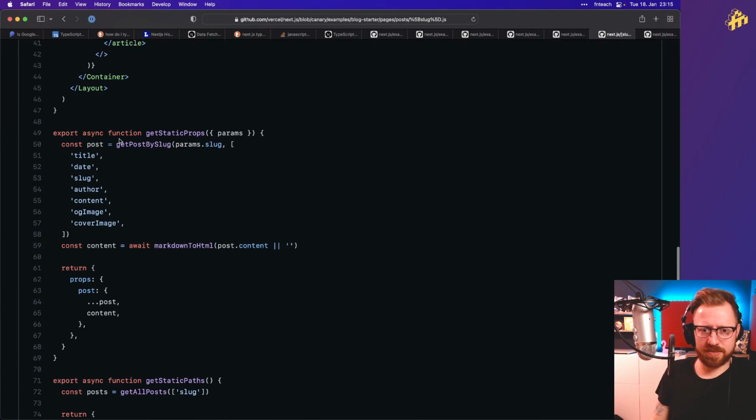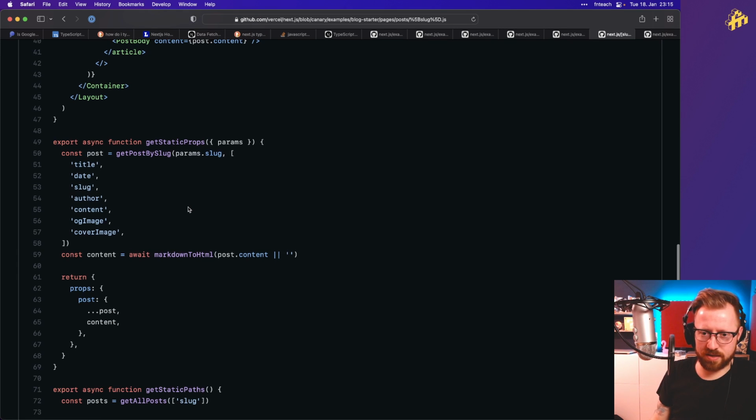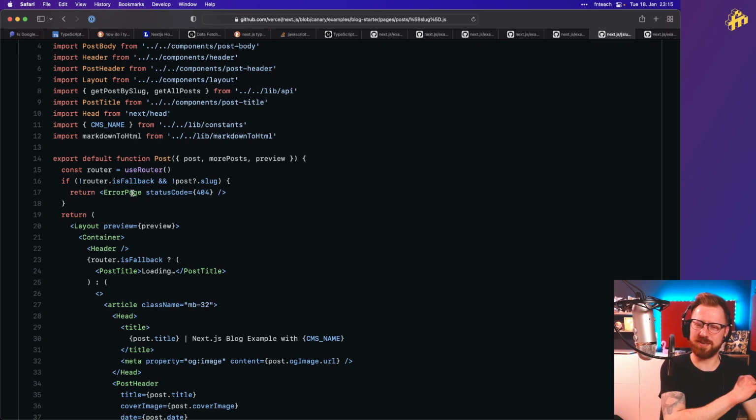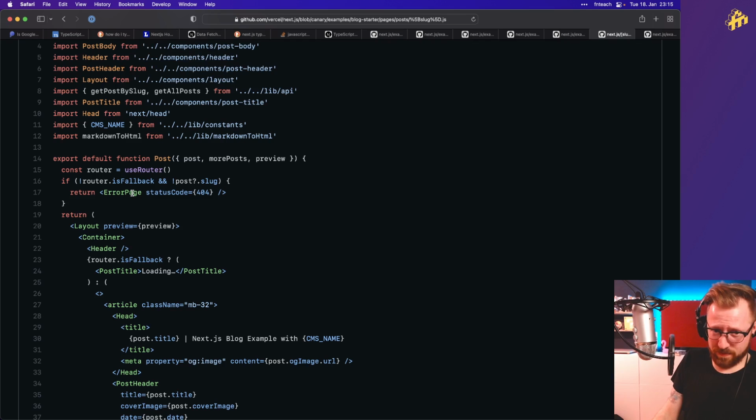getStaticProps. This is cool that this is untyped. We don't care about TypeScript, just to figure out how to solve this, how to approach this. But no, they are not catching, they're not covering it not existing. Okay, they kind of are, because they are returning a post page here. And if this is a fallback page, this